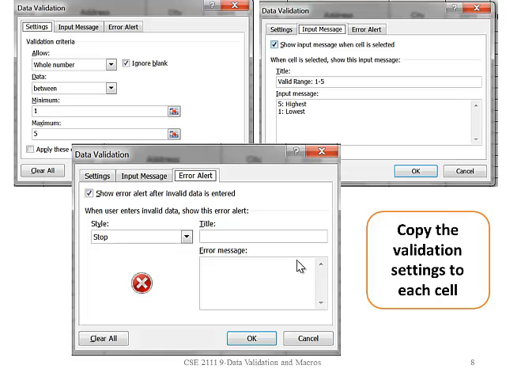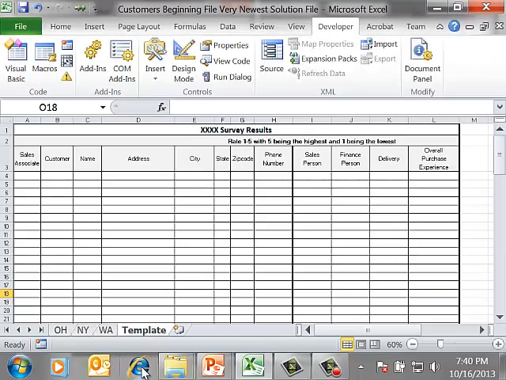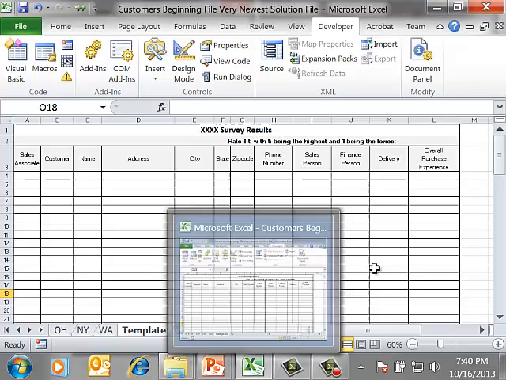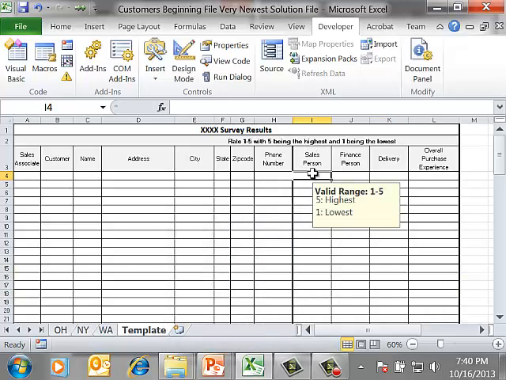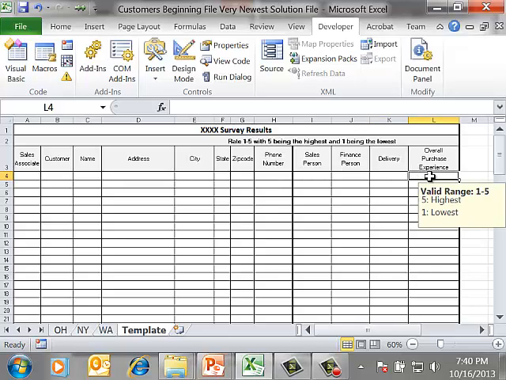Okay, so the first thing you want to do is set up some data validation. I have already done this for you in the spreadsheet, and there are the examples, and you've done these in your lab, so you should feel very comfortable with them. I've created data validation for the sales person, the finance person, the delivery, and the overall purchase, because your customer,